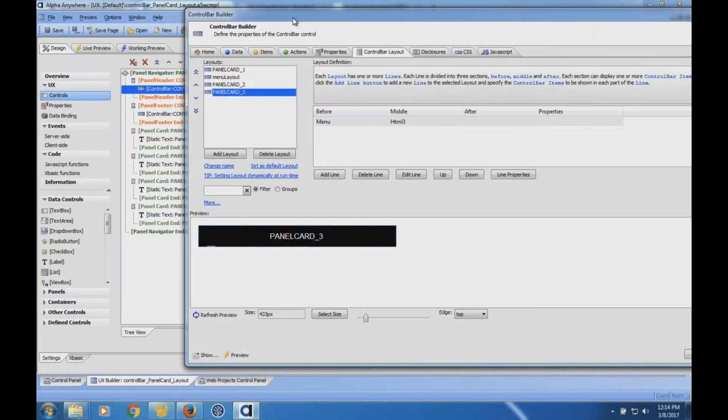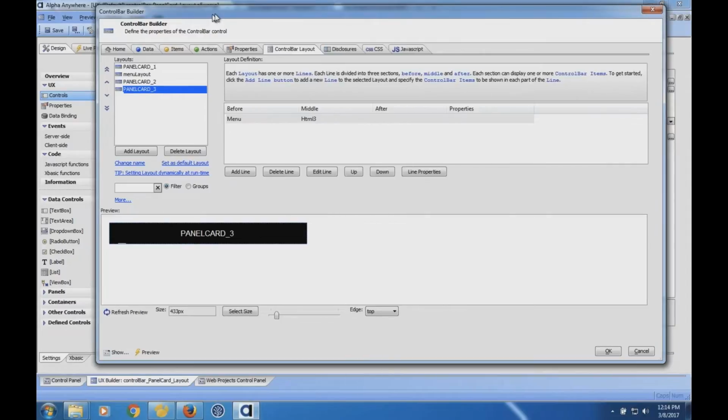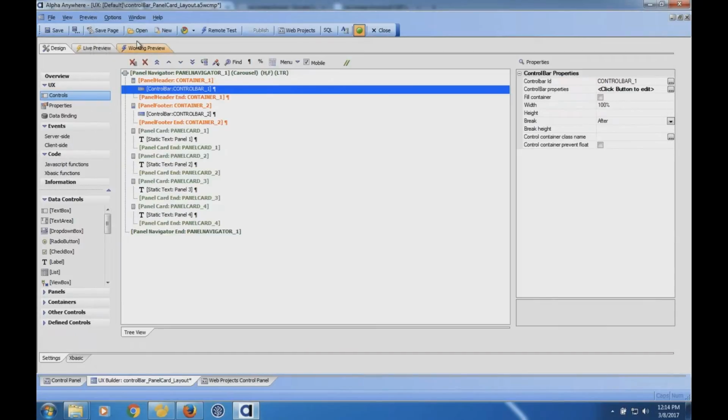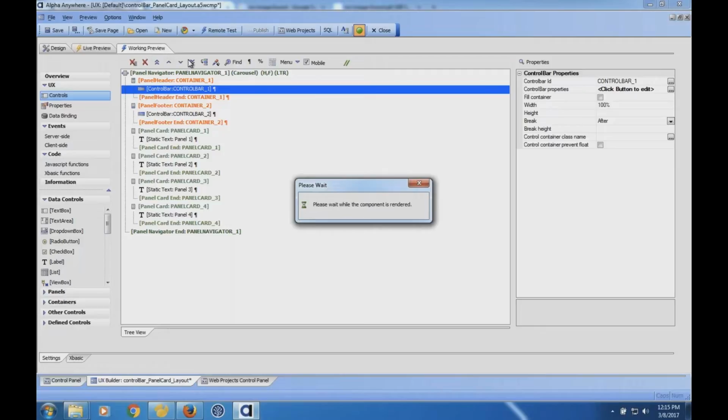So therefore now I don't actually have to embed any JavaScript when I'm going from here to here, because I can always say, hey, look at where I'm at and then dictate which layout I want to use. Now there's one other action. The only time that happens is when you tell the control bar to update. So you'll notice when I run this, and it'll open up in a moment,